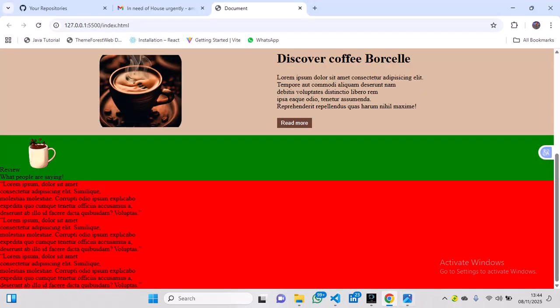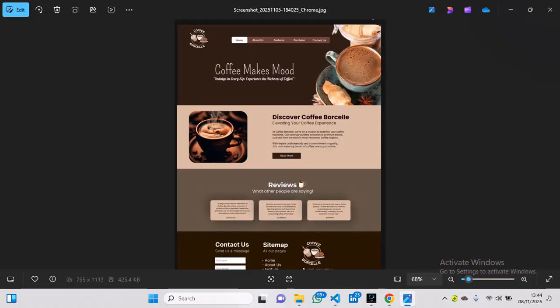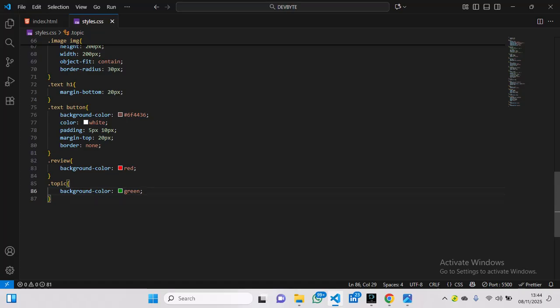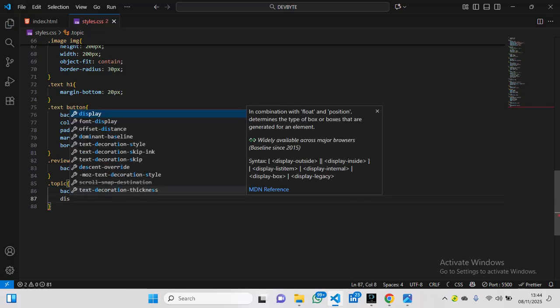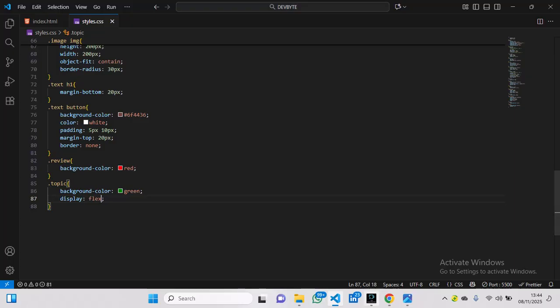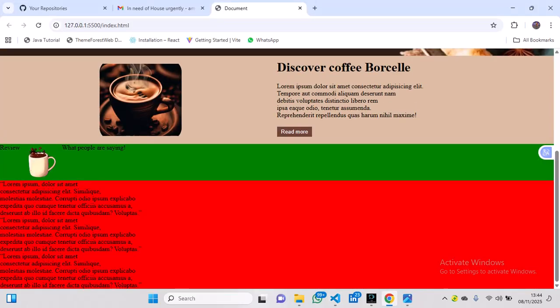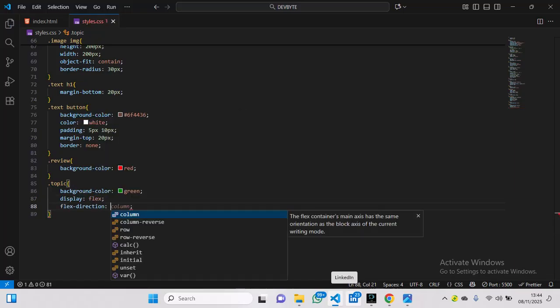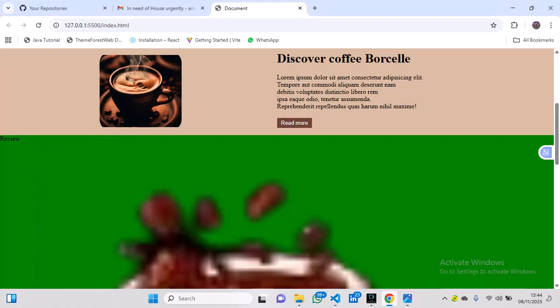Now you can see that from here, this review is at the middle, so we have to take it to the middle. Let's set our display of the review to what? To flex. You can see that once you set it to flex, it will be aligned horizontally, but we don't want that. We want it vertically. You change the flex direction to column so that